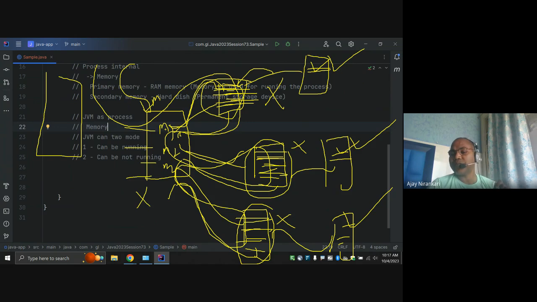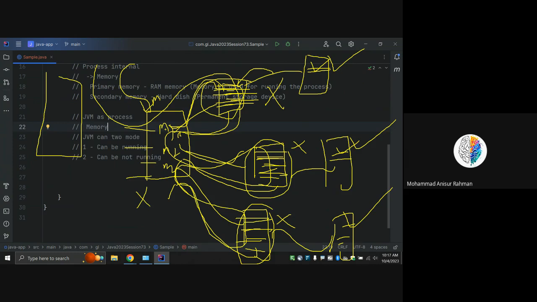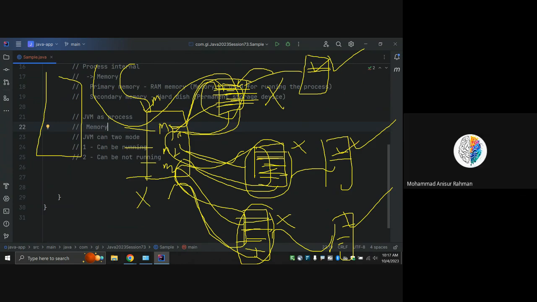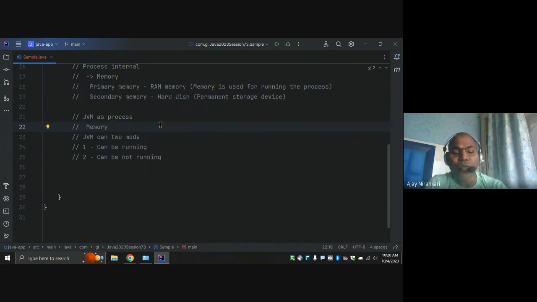Any doubt, any question? By default, Java is a single-threaded application. Till now, in the last couple of classes, whatever programs we did are by default run by the main thread, only one thread, the main thread. The main thread is given to us by the Java language. Can I write my own thread? Yes, we can, definitely. And that is known as the multi-threading concept.